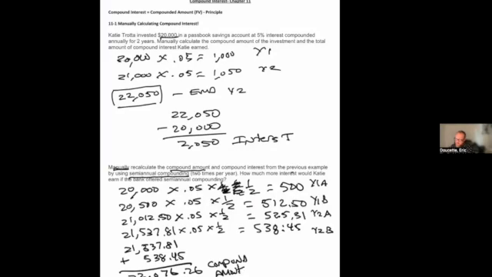Now, how much compound interest did they earn? Again, 20,000 was my original investment, minus 22,076.26. They made $2,076.26. Now, notice it doesn't seem like a lot, but compared to just doing the compounding once a year and